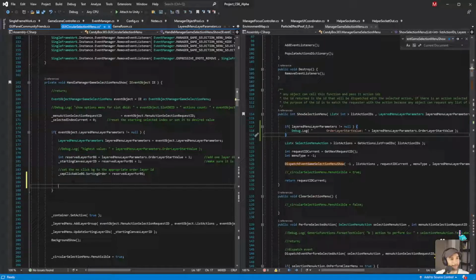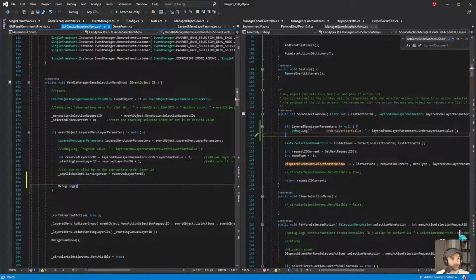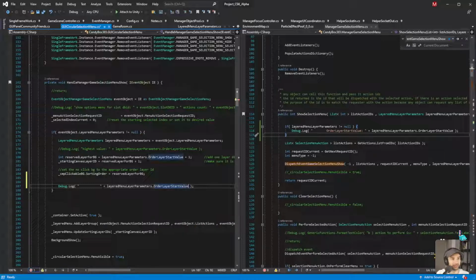Okay. So what I want to do is I want to say debug.log. And I want specifically this a dot layer.